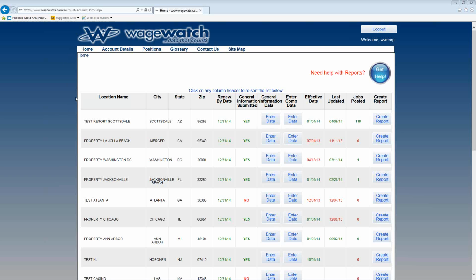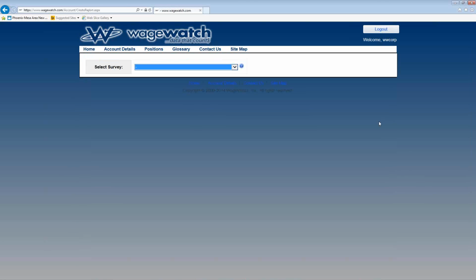So from your home page, you're going to have a list of your hotels or the properties that you manage, if you oversee more than one. We're going to click Create Report next to the property for which we want to run a report for that market, and we're going to use this test resort in Scottsdale. So I'll click Create Report,